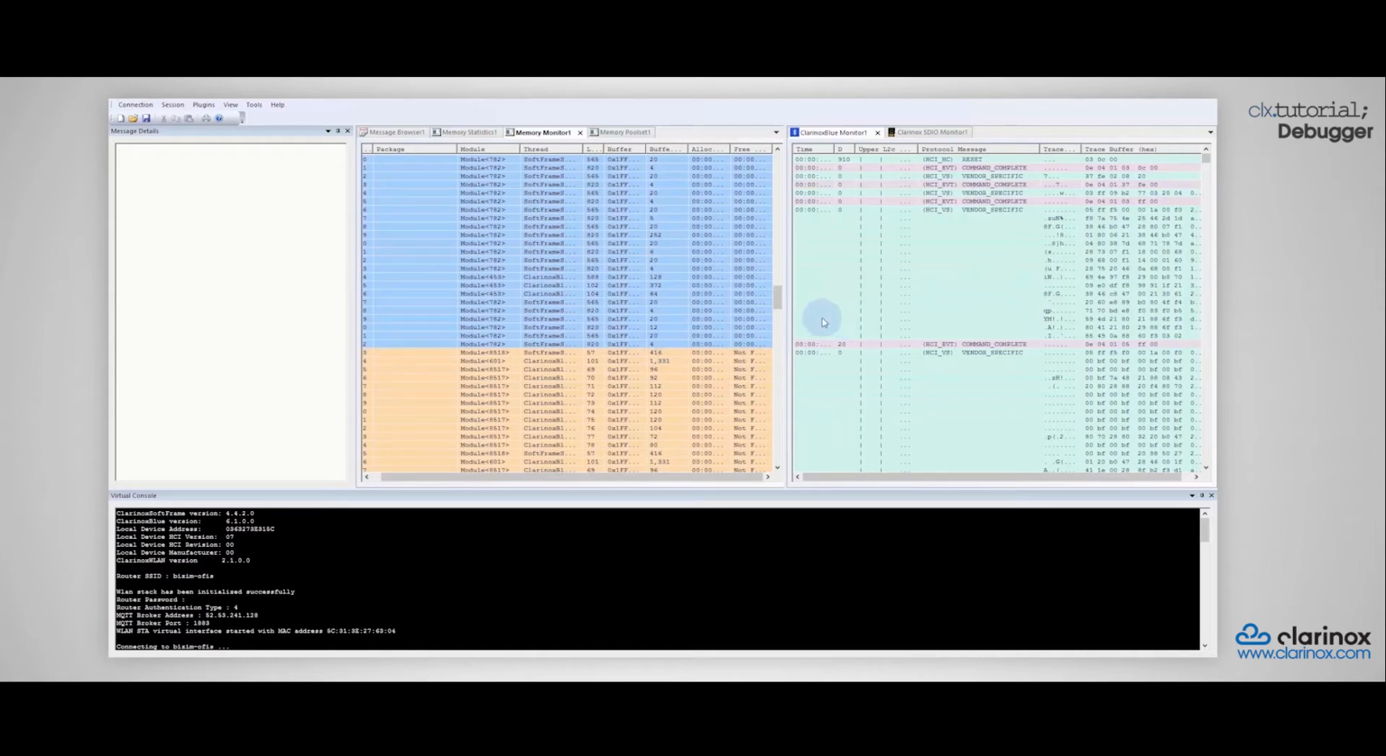Now let's move on to the Clarinox Blue Protocol Monitor. If your target device uses the Clarinox Bluetooth stack, then all the protocol messages and data will be sent to the debugger in real time. This monitor view allows you to see the timestamp of the protocol message, the time in milliseconds since the last message represented by this D for delta, the protocol flow between the transport and application layers shown in this third